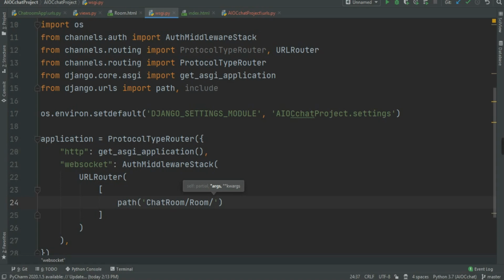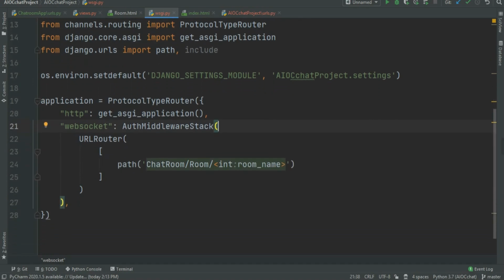Now if you don't know how to work with the Slug field, you can check out any of my projects. So in here just write the integer because we are going to store an integer. Now if you want to create your room ID character, you can directly write the variable name in here and then colon and then room name. In here room name we are going to store that particular room name.